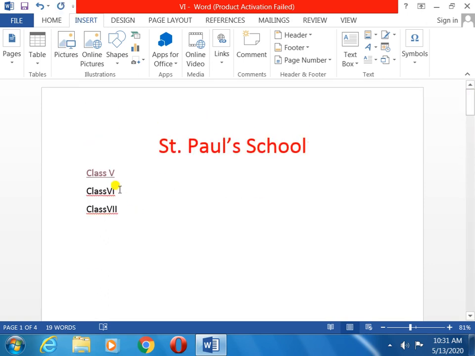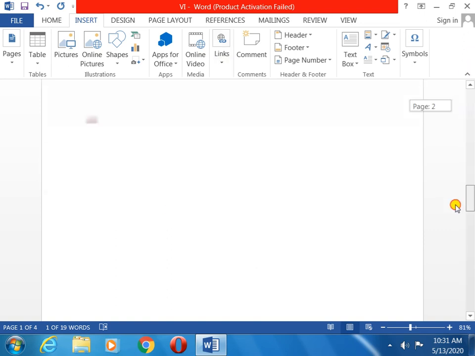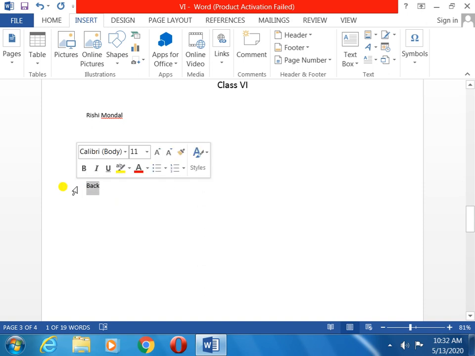Now I am going to class 6, select, and where will I go? Link. Already I have done bookmarks. Oh, this bookmark I did not make, back. Remember, if you do not make the bookmark, that word will not display in the bookmark list. Now I am showing you what problem will come.